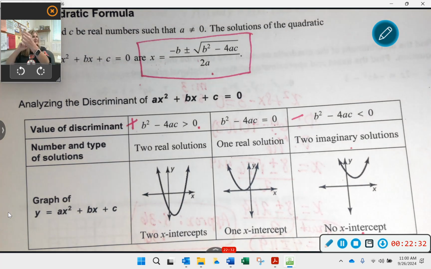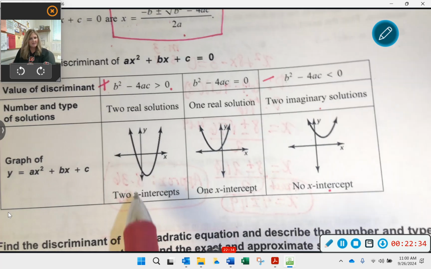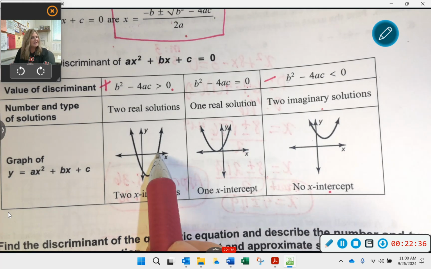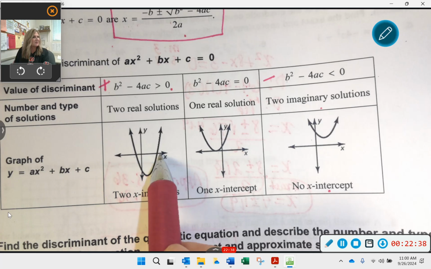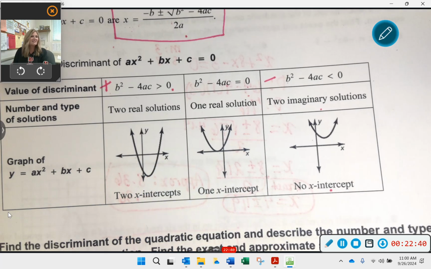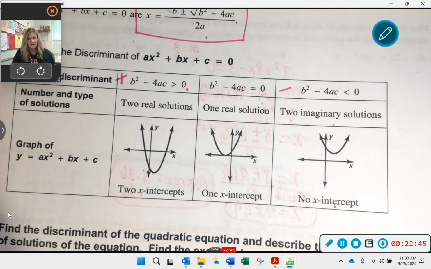Isn't the vertex in the middle of a parabola right here? And so then if I go left and right, that same amount, that's where the x-intercepts end up being. So we're going to get into that a little more in the future. All right, guys, we're going to stop there and